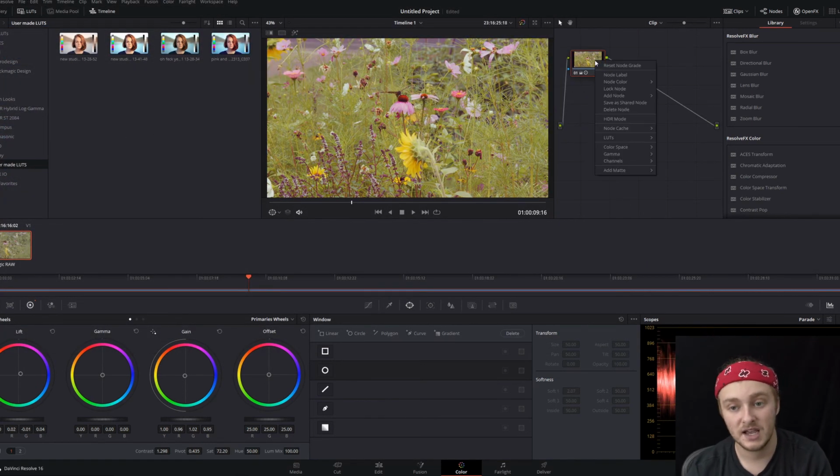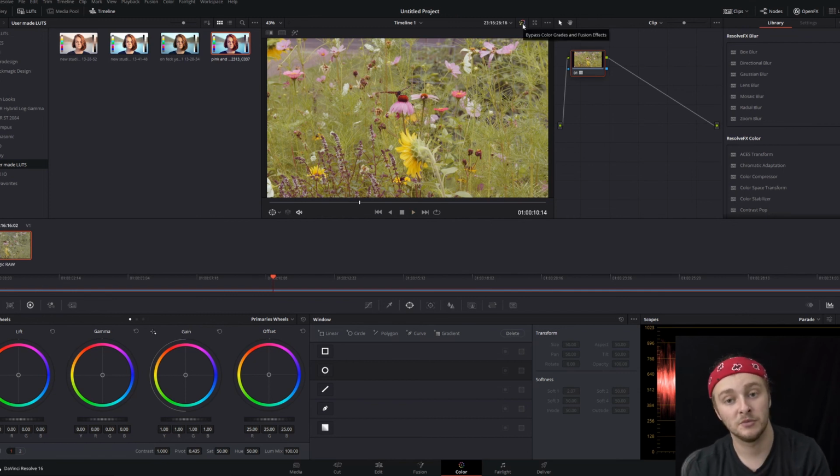So if we reset the node grade now, and we go ahead and double click this, we've got our pink and green LUT on our footage. Here it is without it, here it is with it. It's that easy to make LUTs in DaVinci Resolve. Most of the work is going to be in the color grading